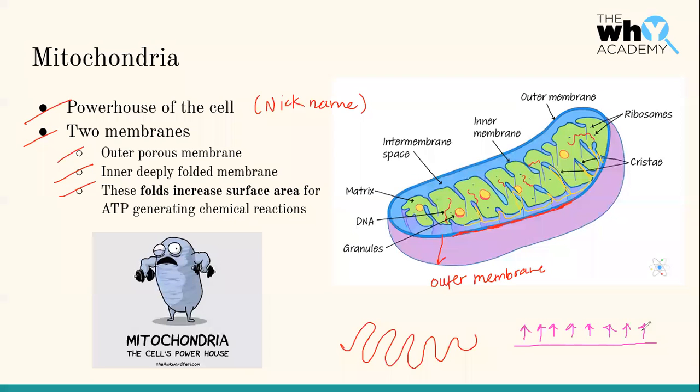Okay, what if the membrane was not folded and if it was just straight, this would be my only surface available. Basically there would be two surfaces, one on the inner side, one on the outer side available. Okay, now what happens when I fold it like this is now you have more surface, right? This entire thing and this entire thing, this entire thing and this entire thing, and so on and so forth, right? So when you fold anything like this, the surface area increases, and why surface area is important is